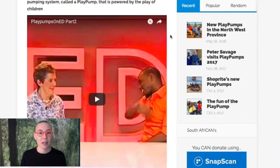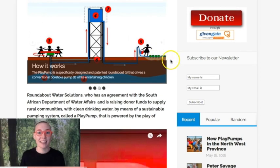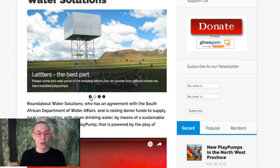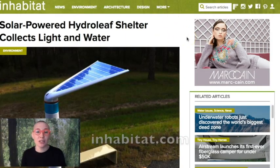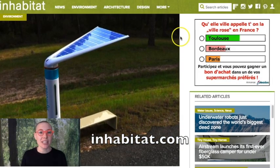I'm going to show you this image here. With the Roundabout, while kids are playing, the water is pumped up, then it's filtered, and it then becomes drinkable and can be used, for example, in the garden. So this product combines giving a playground to kids in schools, for example, and purifying water. Two birds with one stone. Very interesting product indeed. But probably my favorite solution to single-use plastic bottles is the Hydro Leaf shelter,